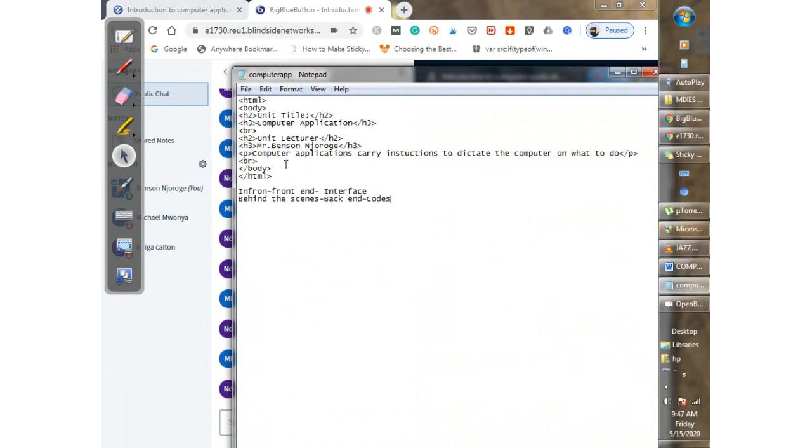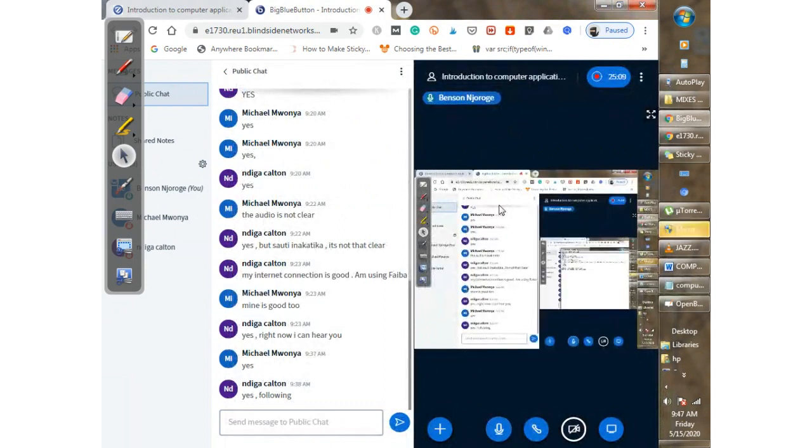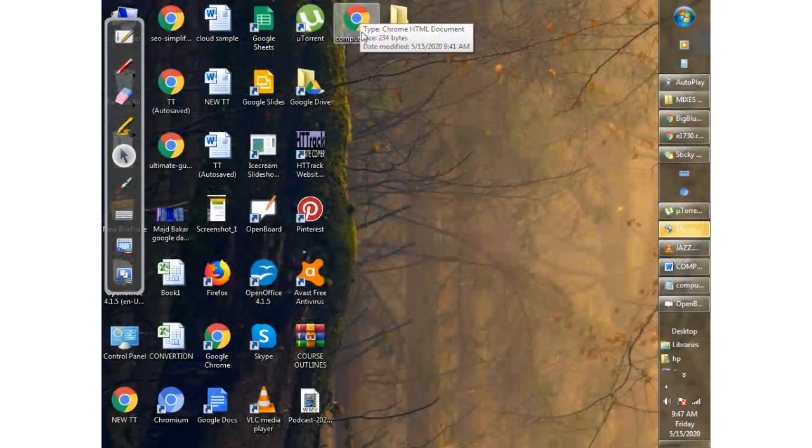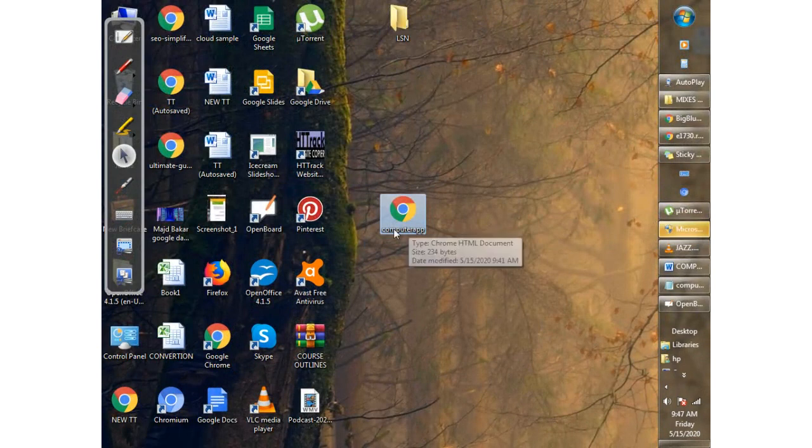So the front end is what the user can see, and the back end is where the codes are. When we run the program, we will not see these angle brackets, H2, H3, P, BR, those ones we will not see. We only see our content here. So let's try and see that. We go to our desktop. This is our software now that we have already made. If you run it,